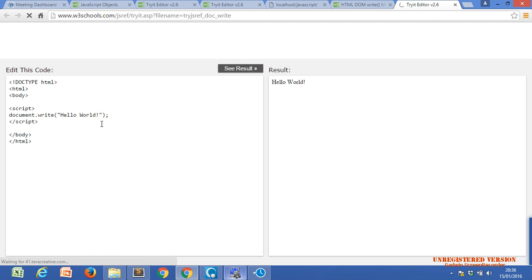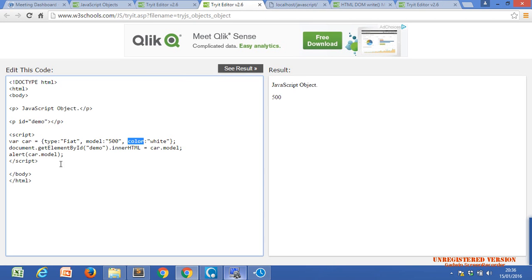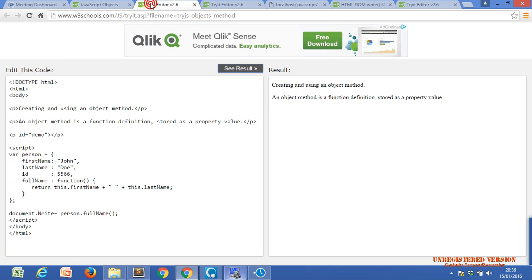One second, let me just check it. Document.write Hello World. Okay, it is a function. That's why we cannot use it directly here. Document.write, you can use the small brackets, not equals to. We have to use it within the brackets because this is one function. And just see the changes, we will get John Dio.